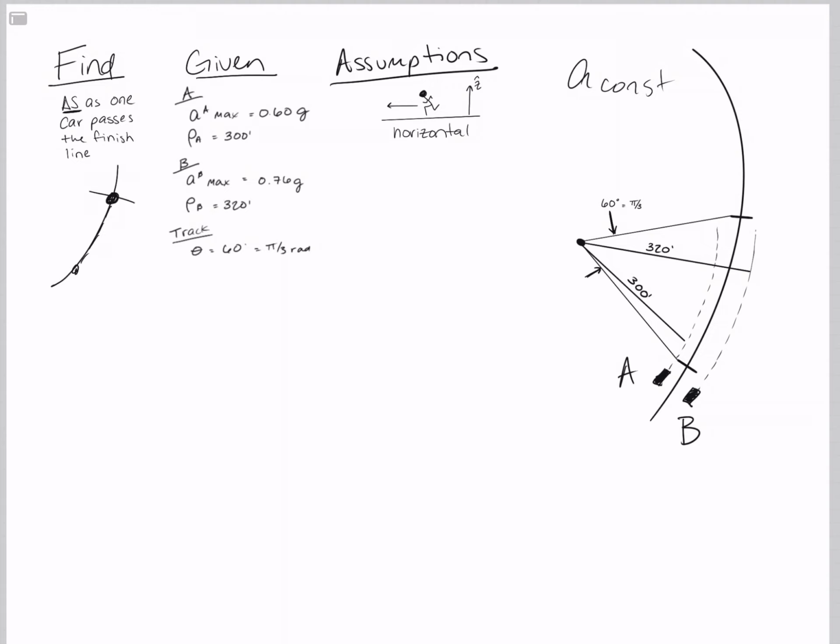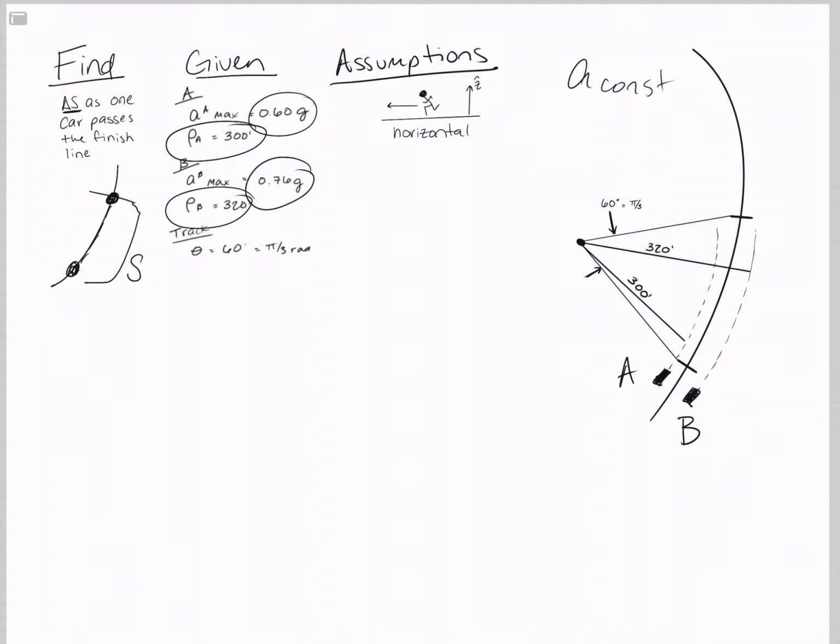This question is asking to find the distance between two cars as one car passes the finish line. So if this is the track and one car is passing the finish line, you're to measure the distance here between the two. And that's going to be s, because arc length is going to be the magnitude of what that person is traveling. And we can't make any assumptions at this point as to which car, A or B,